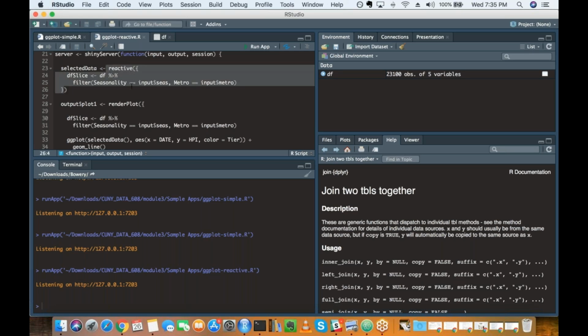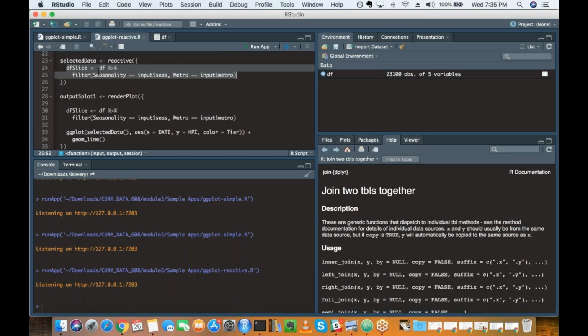I'm saying this function takes in seasonally adjusted and metro, and filters the data frame in that certain way. You could think of this as a chunk of app logic, and I'm referencing this chunk of logic later on in the app. So here I'm using selected data